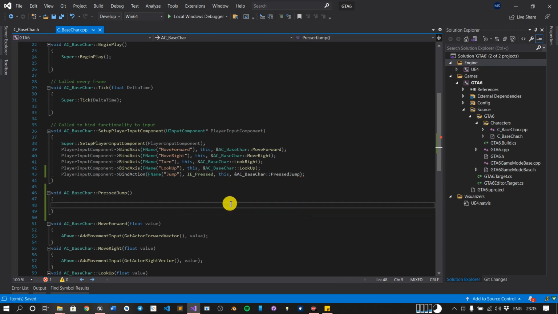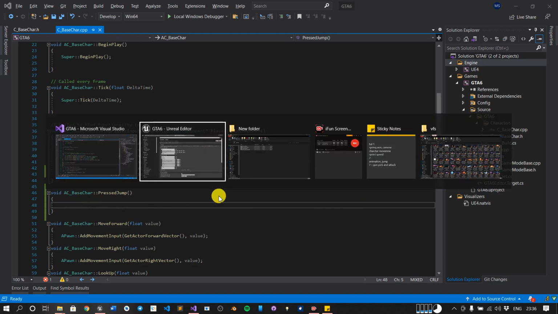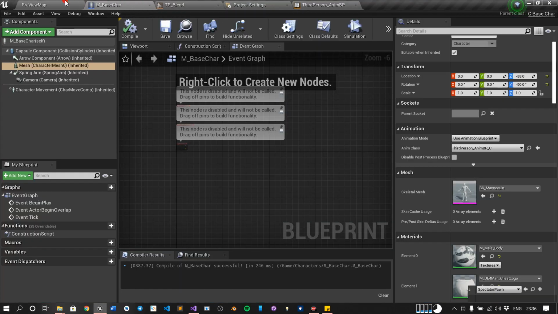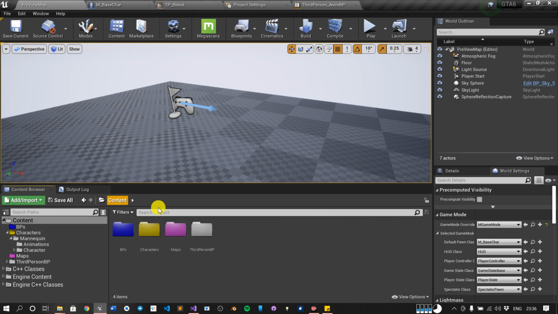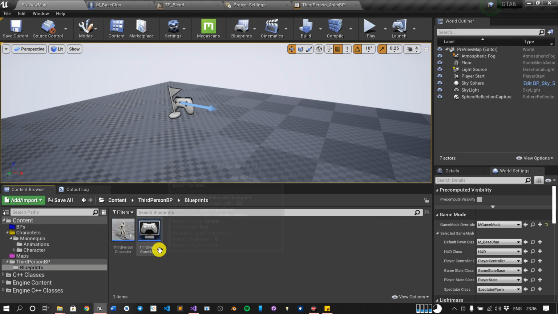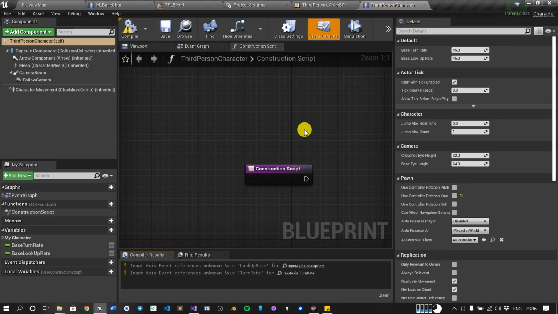Now for compile we have to press Control Shift B, but first see, you have included the function, but for jump, okay, let's look at the difference between the third person template character and ours.